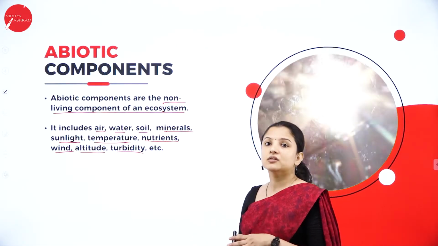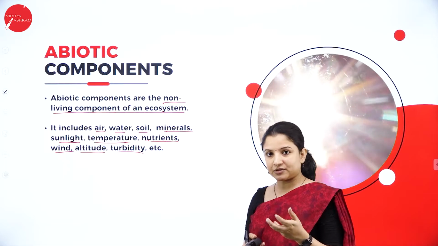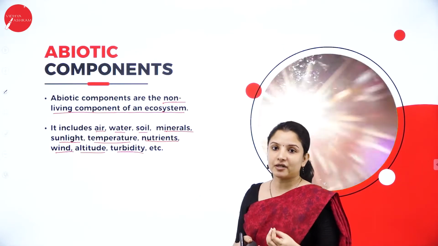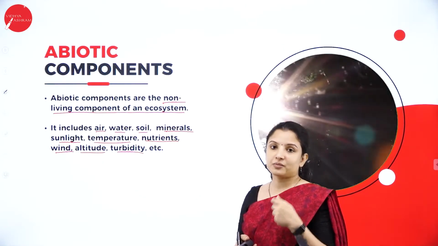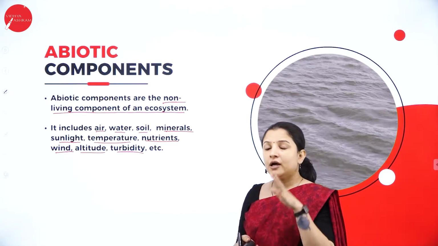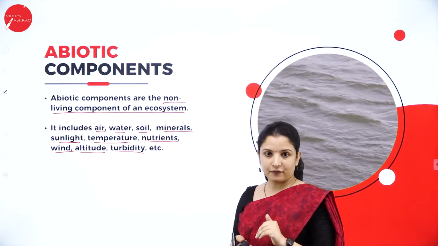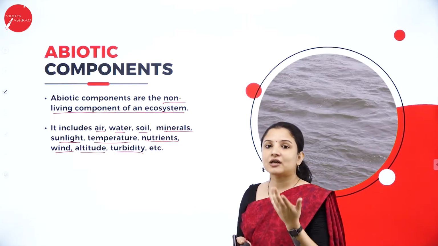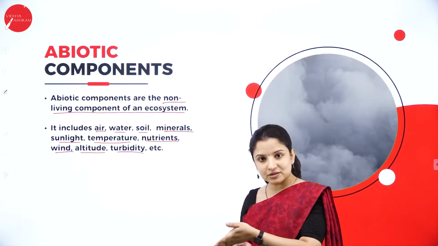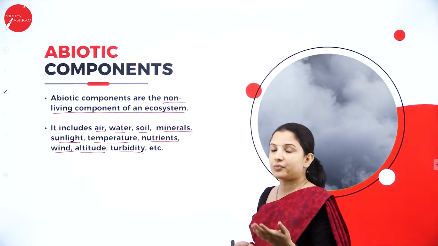Air is required for an organism's survival because air contains a lot of gaseous substances needed for photosynthesis of the plant. For example, air contains carbon dioxide. That carbon dioxide is needed for the plants to photosynthesize, that is, to manufacture their own food. Only if enough carbon dioxide is available in the air can the plants photosynthesize, right? So that will lead to survival of the plants. If the plants survive, then the herbivores will survive. That is, the consumers will survive, because they will get enough plants to feed on. So that is how they are interdependent on one another.